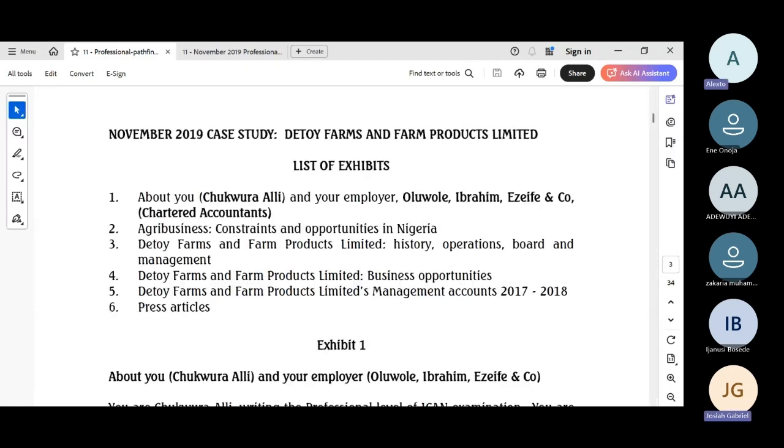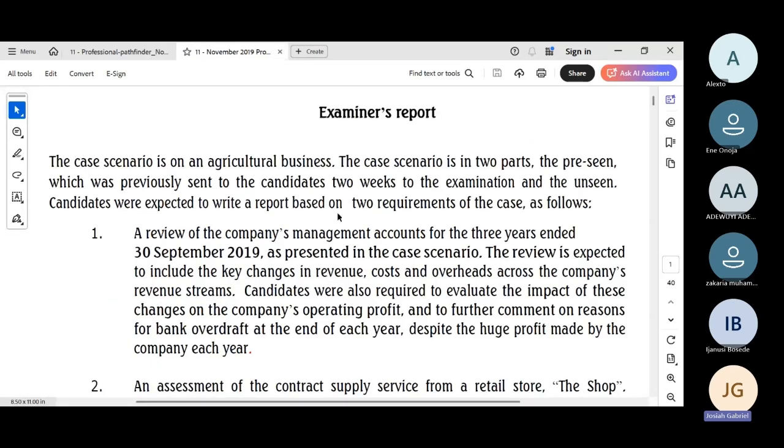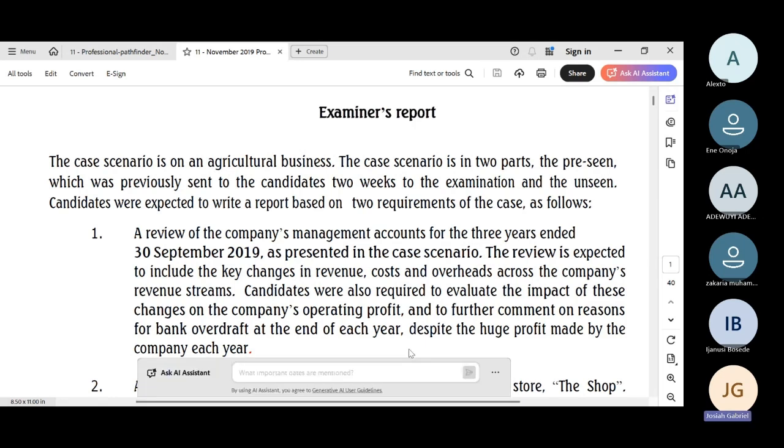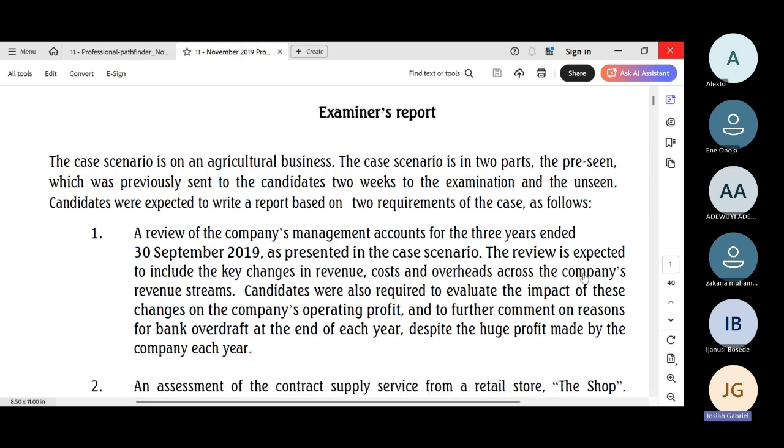On the past question, November 2019 exams, which was the first pre-seen document. Pre-seen, May 2019 was the last before the pre-seen was introduced. Okay, so I always like to start with the examiner's report before the debrief session, so we could understand what happened and where candidates got it wrong, and how you could also align and not get it wrong in November diet. So the examiner's report is a